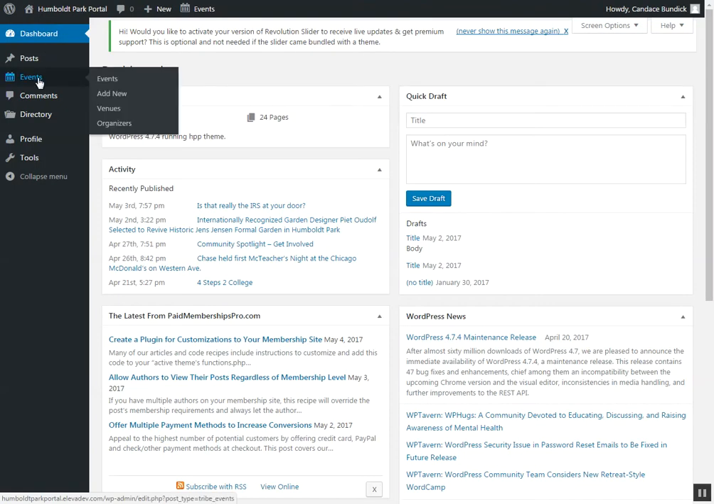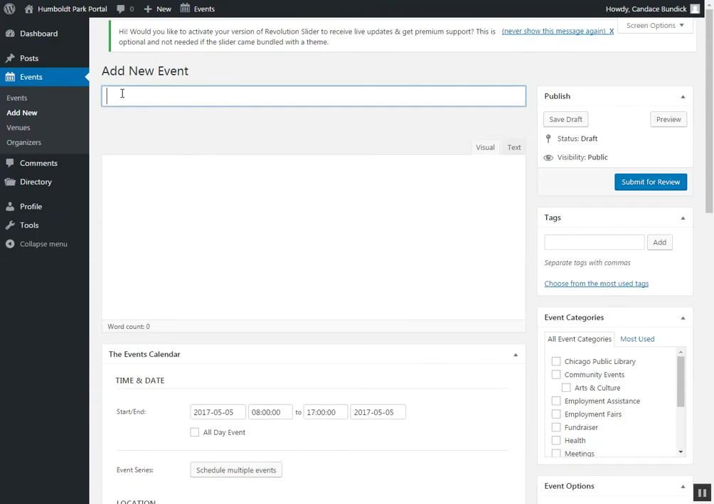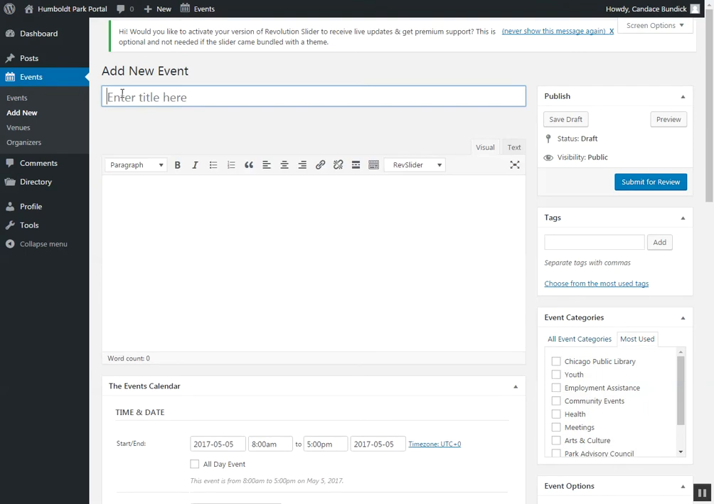And you want to add events, so hover over events and then click on add new. And here we go. Here is the event editor. So we're going to give the event a title, and then we're going to give it a description,